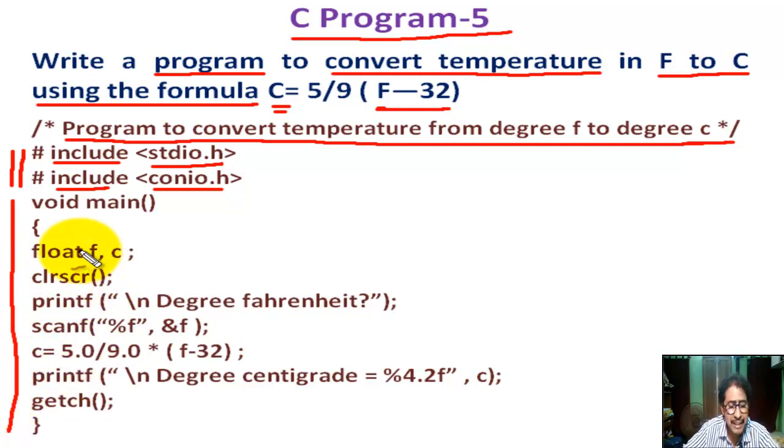First, we write void main, with an empty pair of parentheses. Void main is the main function of a C program.